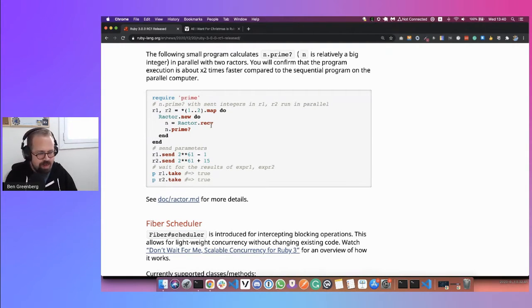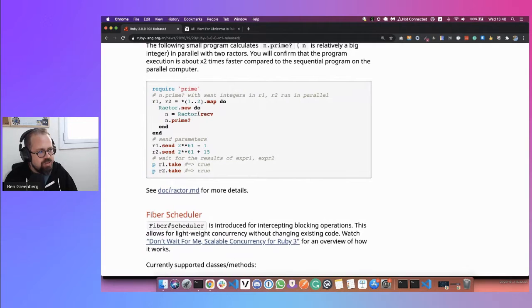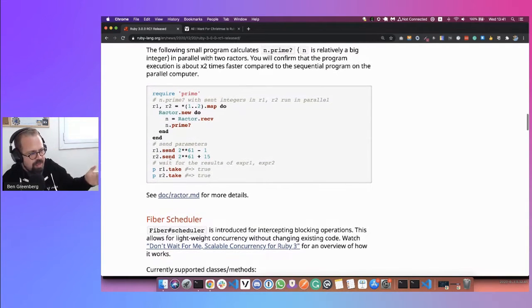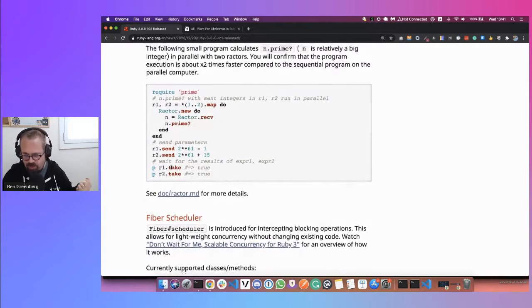And you see that this Ractor has its own methods that are inherent to it, right? As you would expect. Let's just take a look at them quickly. One of them is recv, one of them is send, and one is take. So receive, send, and take. Now, in consonance with sort of the methodology of Ruby, these do as they sound, because Ruby's meant to be readable. It's meant to sound and be like a human language. So if you can imagine, Ractor dot receive is what is taking in, right? Send is sending to that Ractor instance, and take is getting back the results, right?